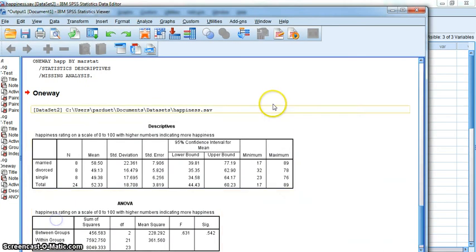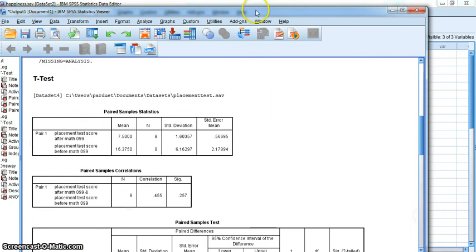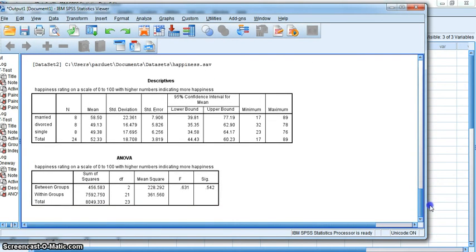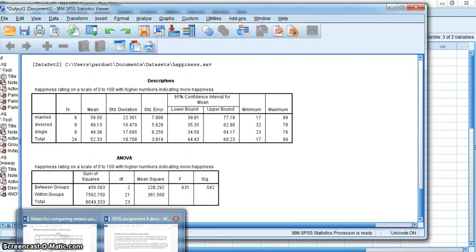And then if we look at the output, this is the descriptive statistics. So we get the sample size, the mean, the standard deviation for each of the groups. And then here's our ANOVA table. So for the ANOVA table, there's your F statistic, and there's your p-value. Here you're never going to divide that p-value by 2. It's just 0.542. That is what it is. Okay, and so now if we flip over here,